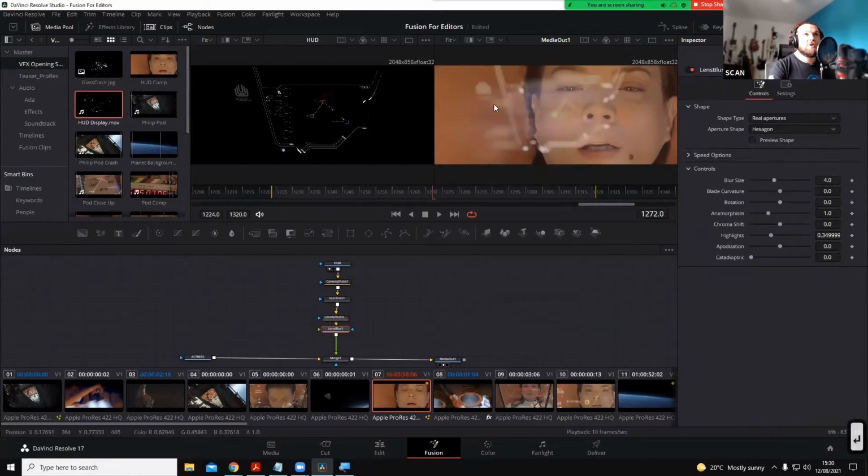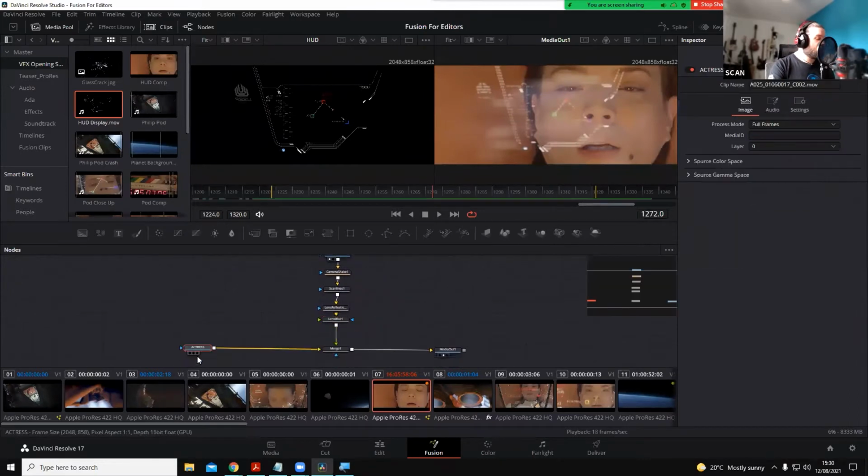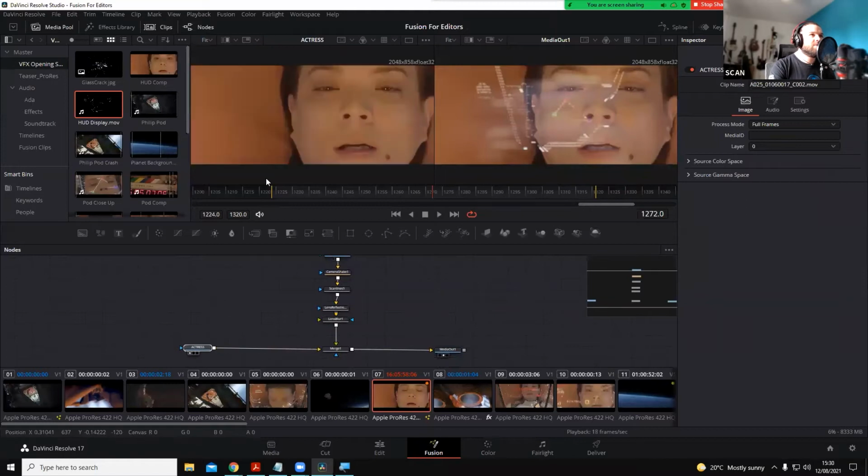Now, by default, maybe a bit too strong. So again, come over to the inspector, pull that down just a little bit. There's chroma shifts we can add in. There's a lot we can do with this image. But for now, I think that's good. So what we've gone from, if I get my actress node here, drag that up to my first viewer, this is what we've gone from to this is what we've built. If I just hit play,